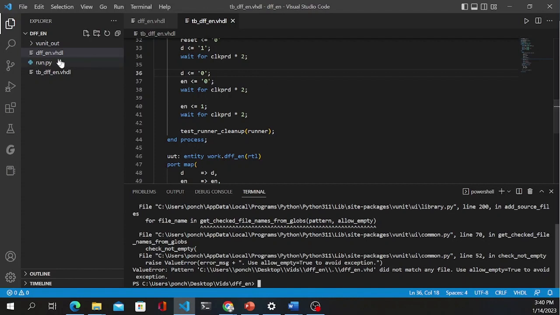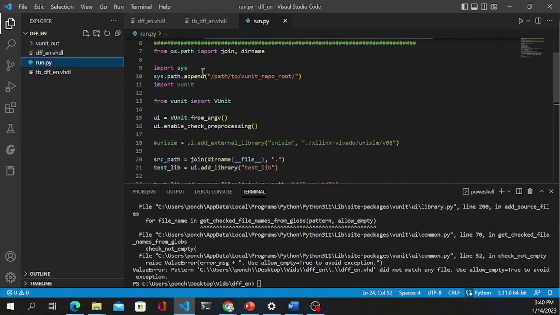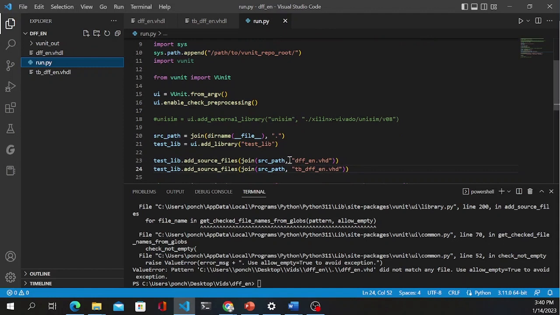So it means that, okay, that's because we defined this as diffflip.enable.vhd, and our files are actually VHDL. So if we just change these ones to VHDL, save this, and then run again,